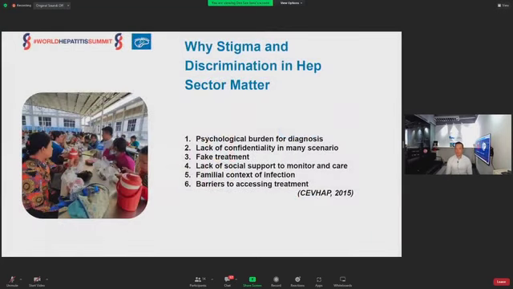Why do stigma and discrimination in the hepatitis sector matter? We go around nowadays in the academia field, and we still can't find too many journals and professional writings on stigma and discrimination. As the speakers before also mentioned, stigma is maybe largely discussed, but discrimination is still in a very low context for people to discuss and put on a table to address. But dating back approximately 7.5 years ago, in 2015,